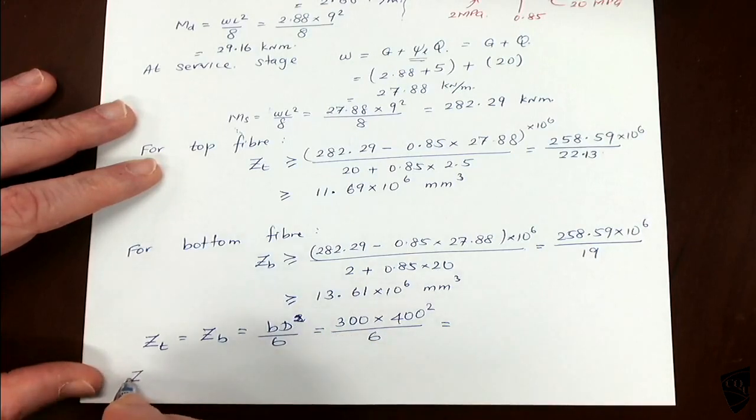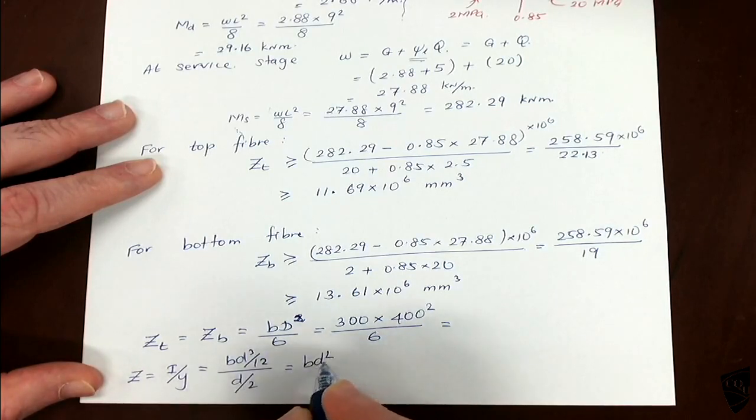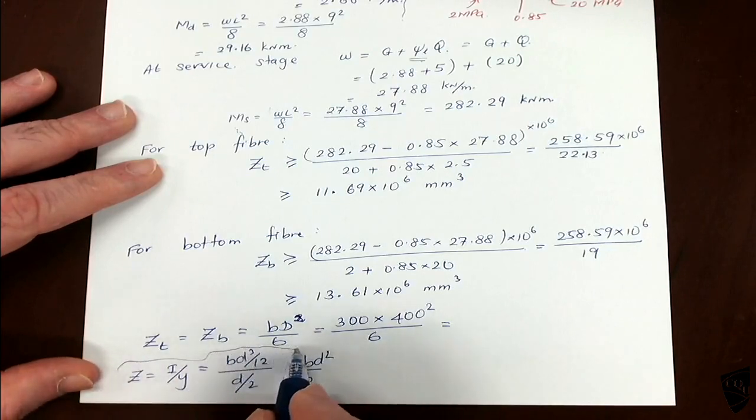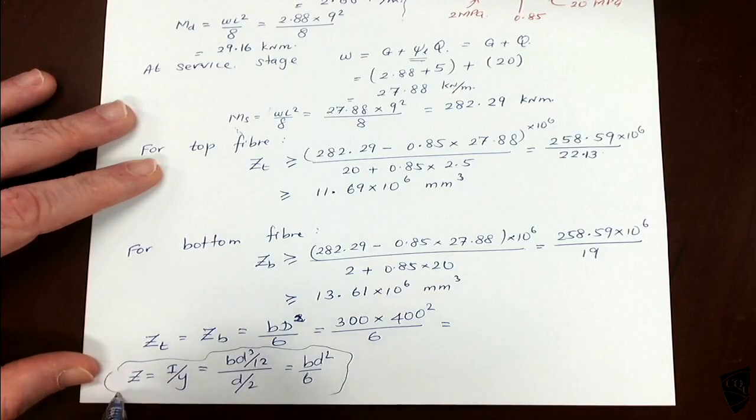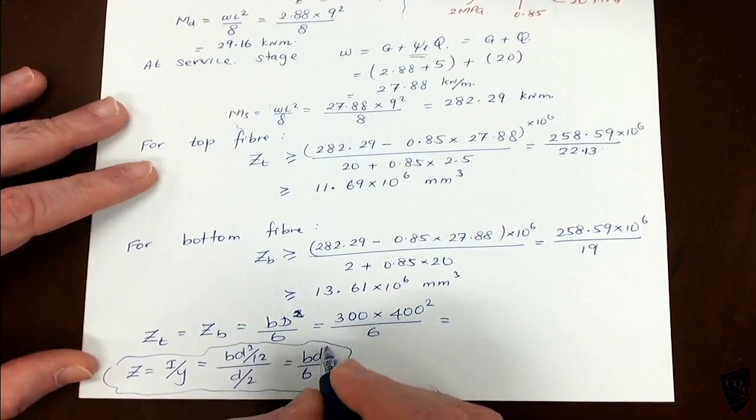So Z is equal to I upon Y. I is equal to B D cubed upon 12, and Y is D upon 2, so this is B D squared upon 6. If you don't know how that B D squared upon 6 comes,